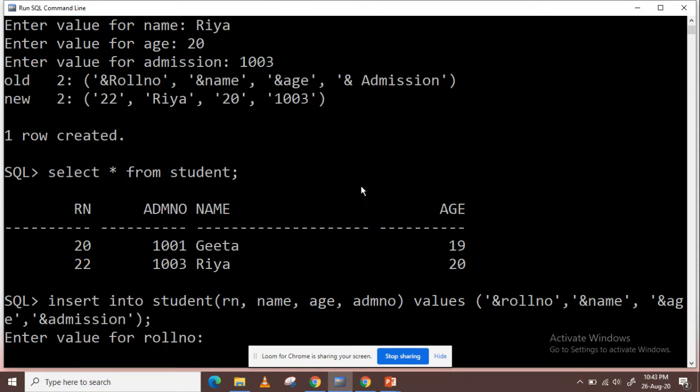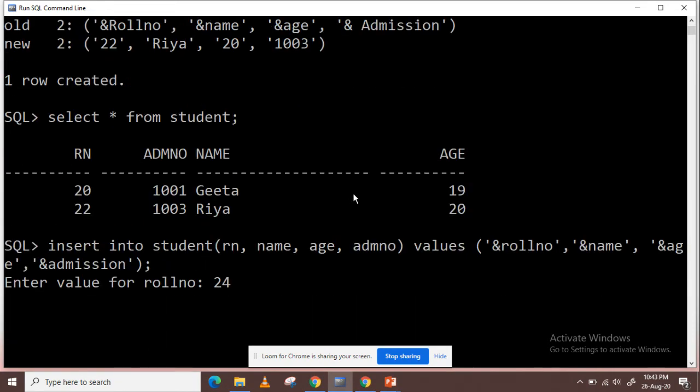Okay, so roll number must be unique. We cannot enter duplicate values. So let's not mess with the primary key because we have practiced the primary key constraint in the last practical. So next I am trying to enter name.